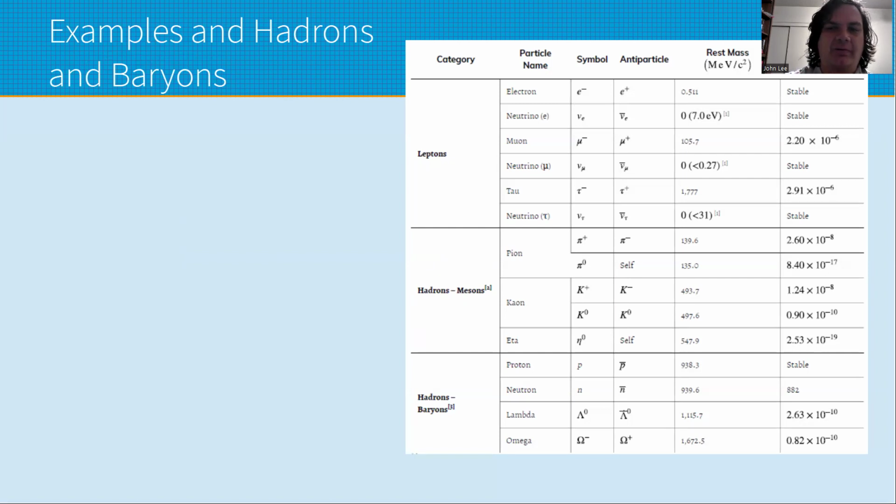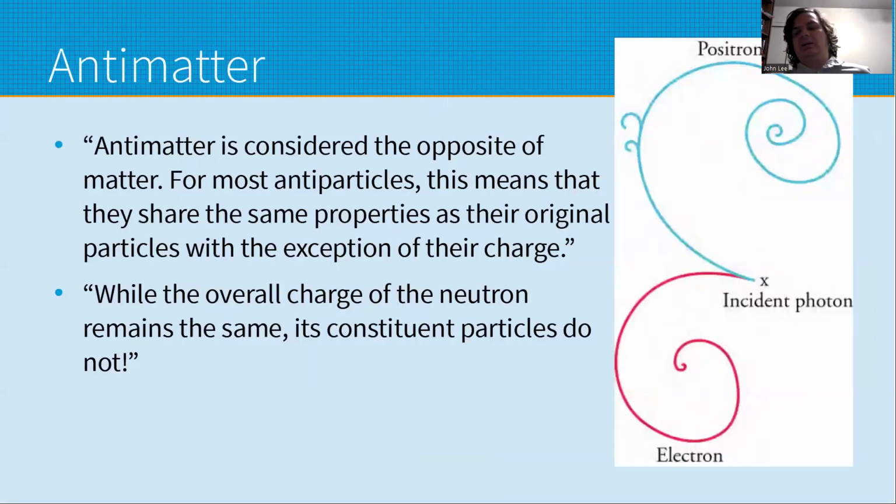And then you have muons, mu minus, and then anti-muons, which are mu plus. So antiparticles just exist by the same token as regular particles do, except